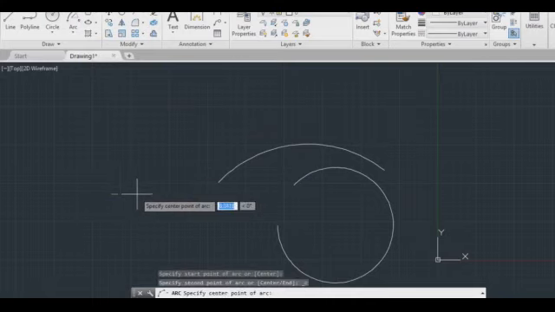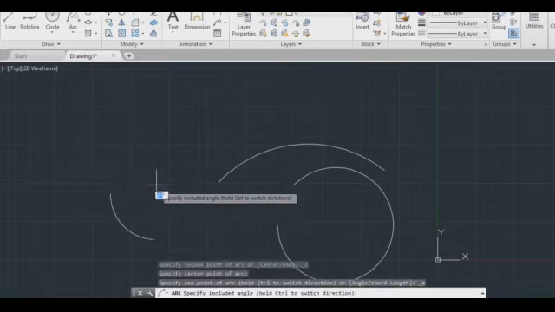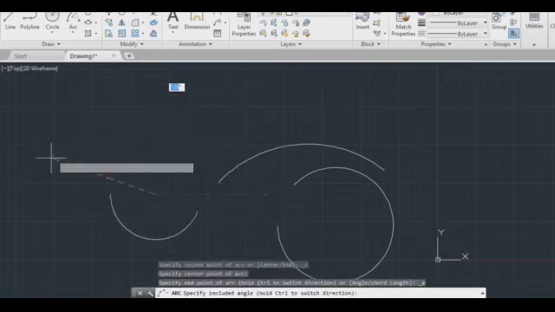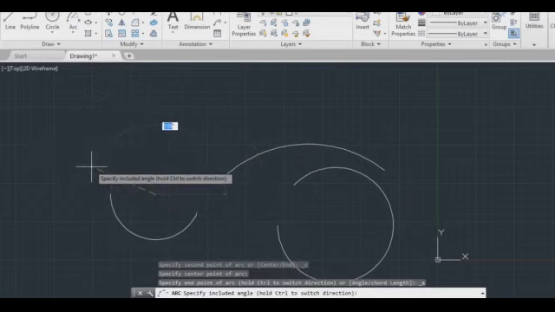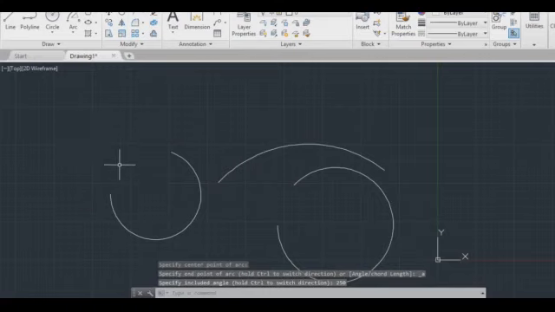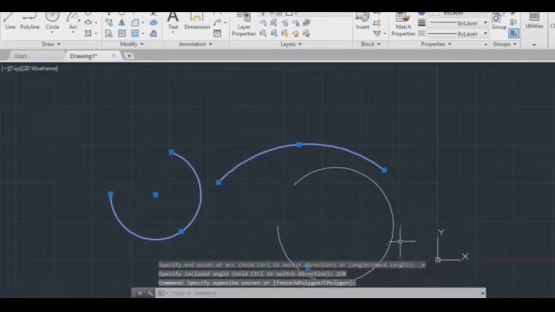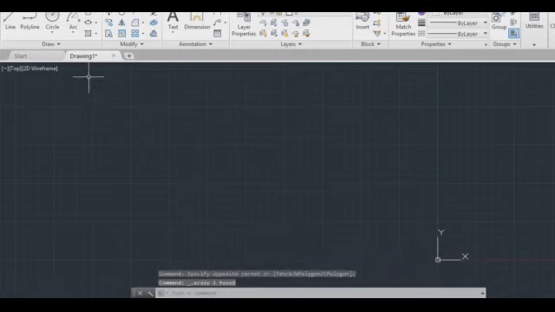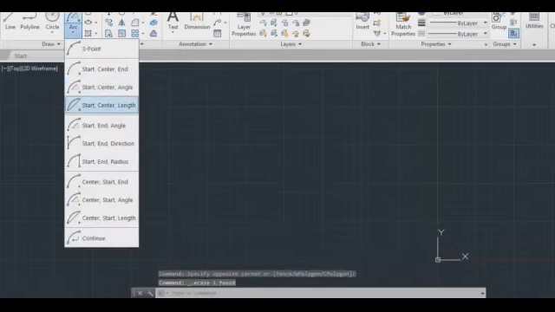You can specify the angle of arc required. If I specify 250, it will be 250. This is how you can create start, center, end.